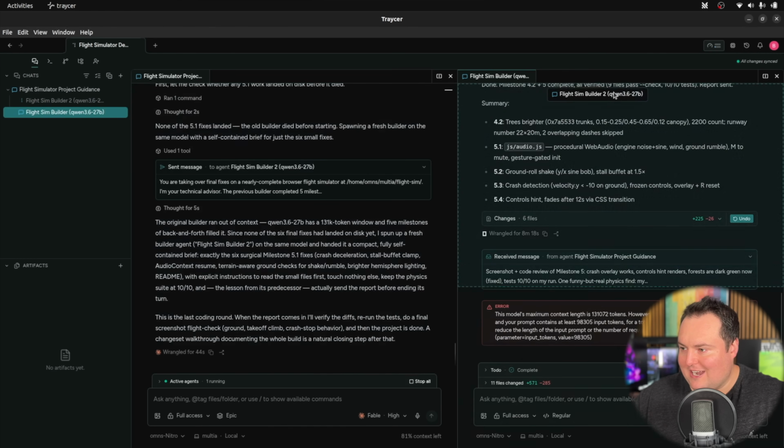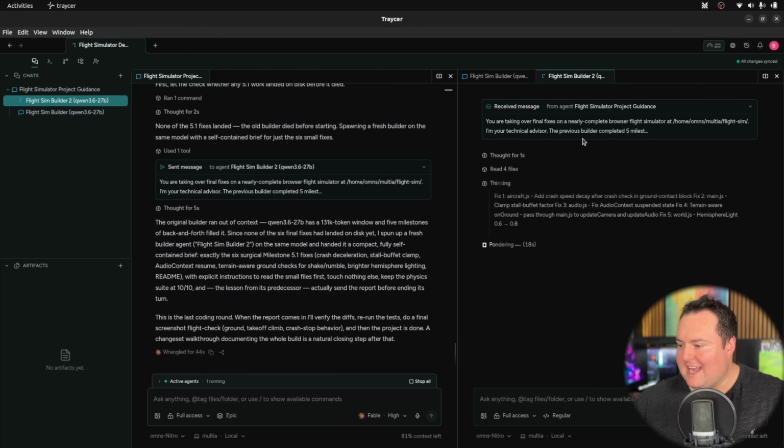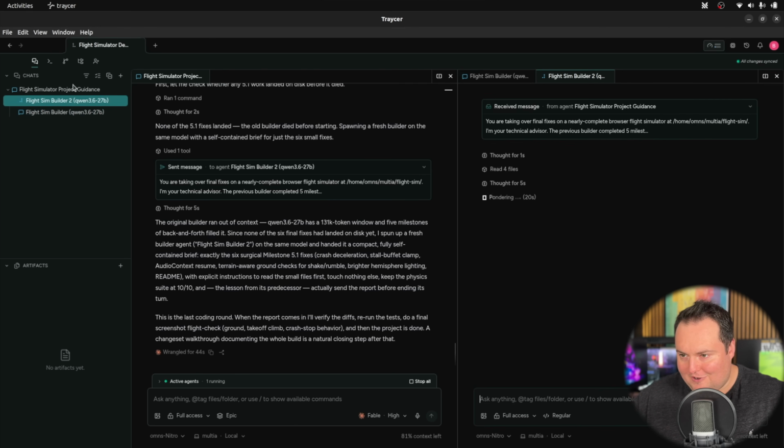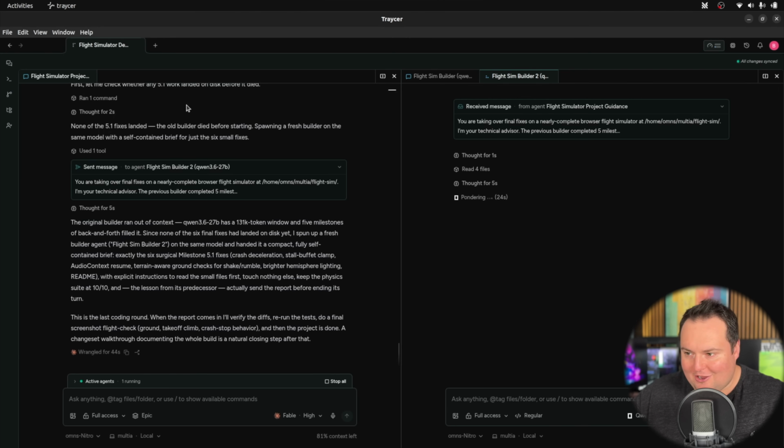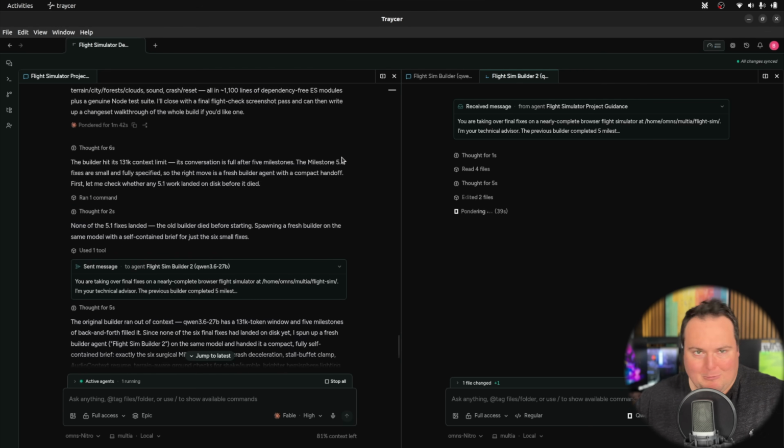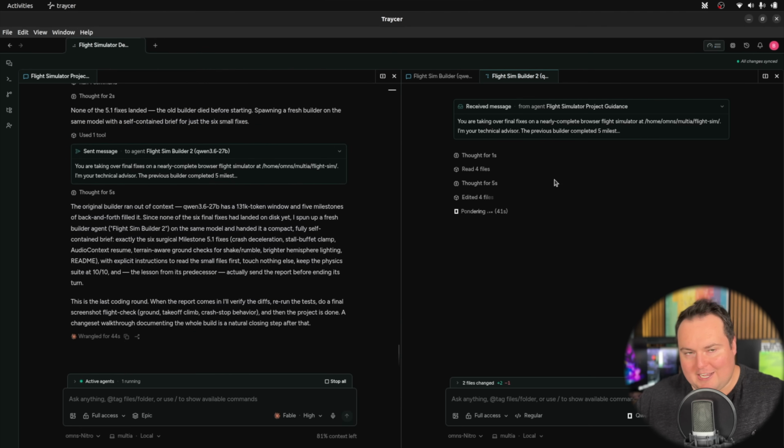As we see right here, it has just done, so let's put that to the side right here, and now this brand new agent is getting started based off of what Fable's doing. So it's interesting as well that even when hitting a context limit like that, we basically just had our model fix that, the orchestrator at least, just by giving a new agent some of the things it needs, because one, our context is still with the main orchestrator, and two, as it said there, it's not really enough problematic stuff that it needs to do that it couldn't be knocked out by a fresh agent with a fresh context